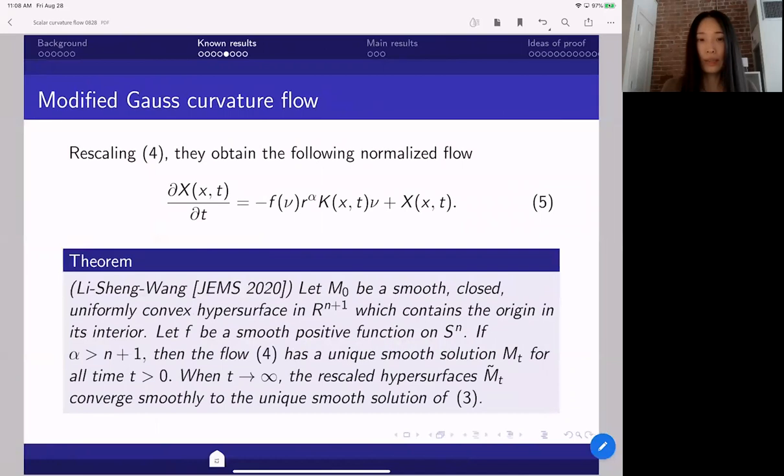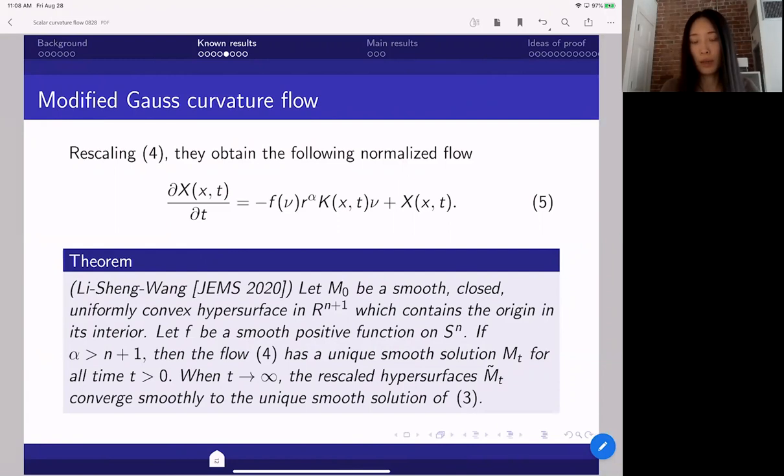So we can rescale equation 4 to obtain the following normalized flow, equation 5. Essentially it's equation 4 plus a position vector. So Li and Sheng Wang proved that if we start from a smooth, closed, uniformly convex hypersurface in R^{n+1}, where uniformly convex here means every principal curvature is strictly greater than 0, and this initial hypersurface contains the origin in its interior, and f is a positive smooth function on S^n,